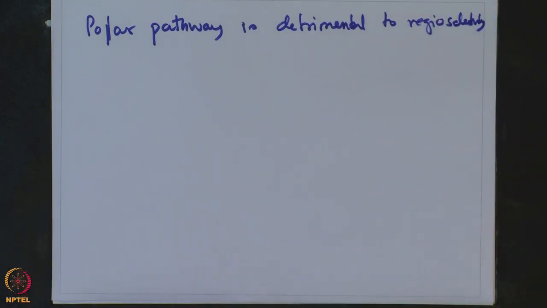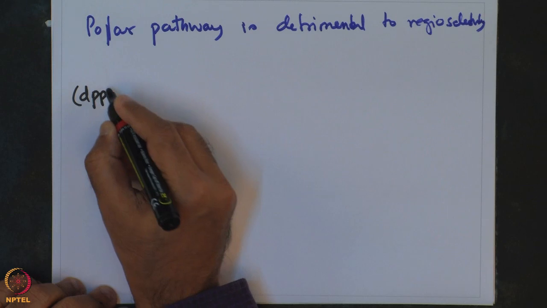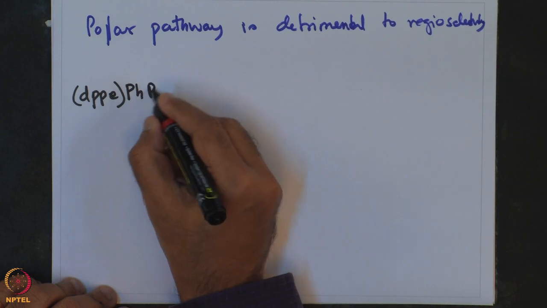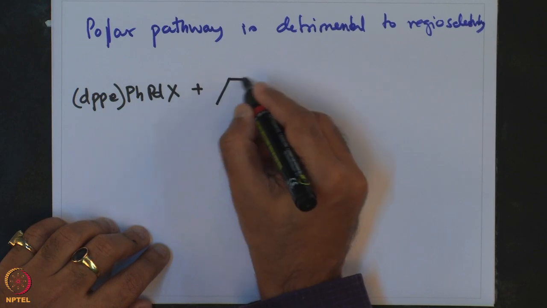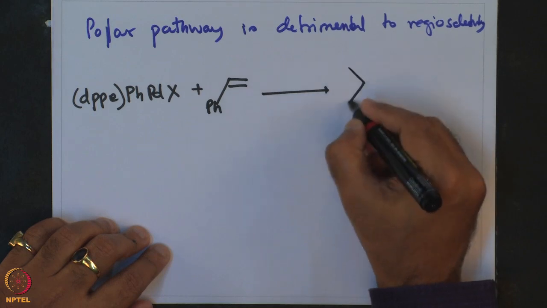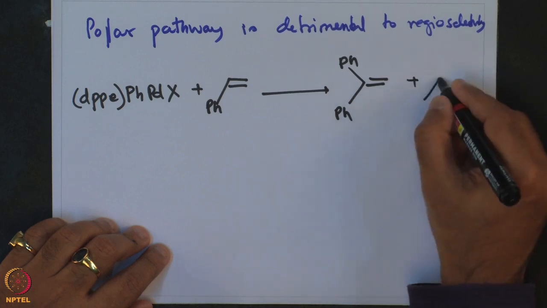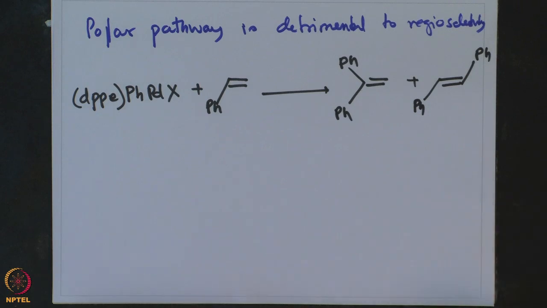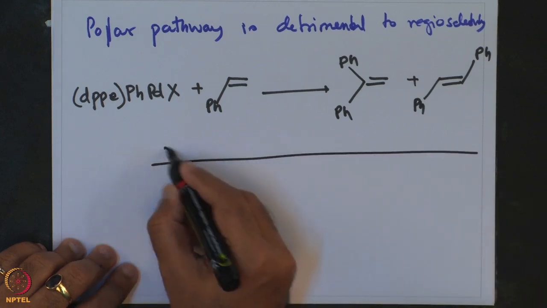and this is illustrated by this beautiful example where the reaction is done after the oxidative addition, dppp palladium X. So, that means the first oxidative addition has taken place, and then the olefin is kept, styrene, and then there are two kinds of product. One is this versus the desired trans product. So, what one sees that depending on the X